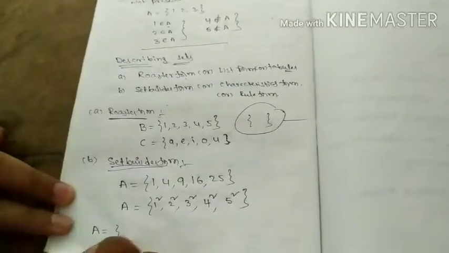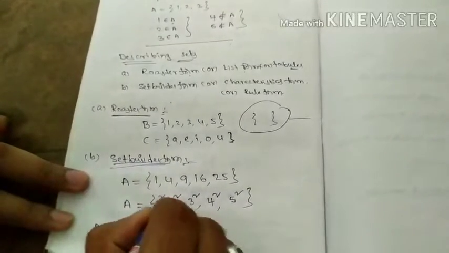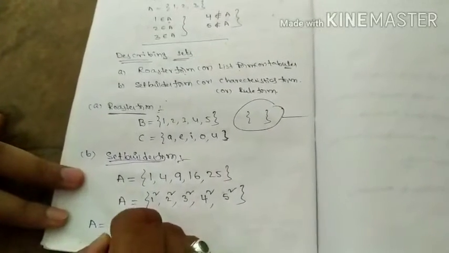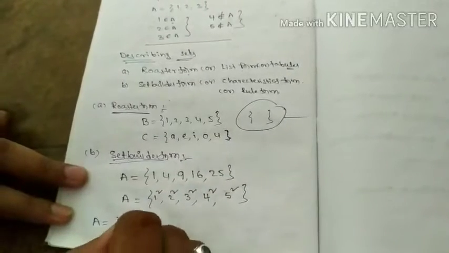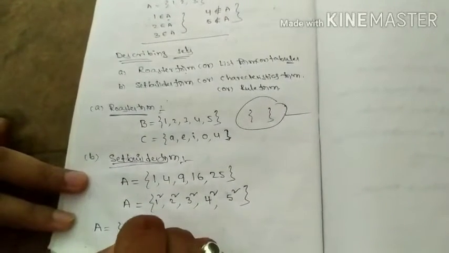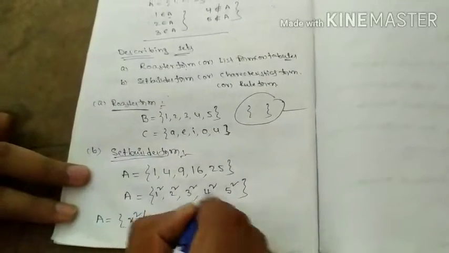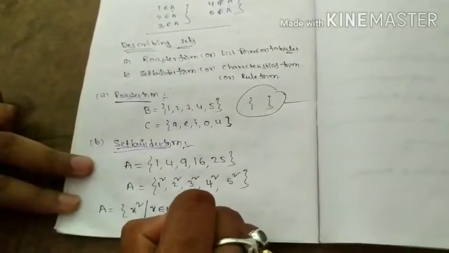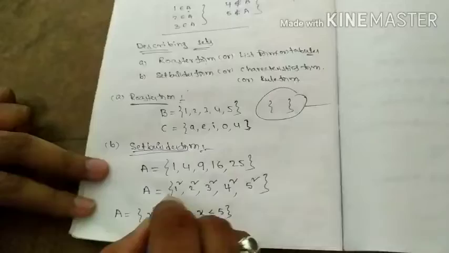So what is the common property, that you have to write in the set. A is equal to, all the elements are squares. Here the bases are different, so the different number is denoted with a variable x. All these elements are squares, so I kept x square, such that, this slanting line or two dots, you should keep it. x square such that x belongs to natural numbers. How many are there? 1, 2, 3, 4, 5. 1 square, 2 square, 3 square, 4 square, 5 square. So x is less than or equal to 5, or x less than 6 is also right. Okay, these are perfect squares.